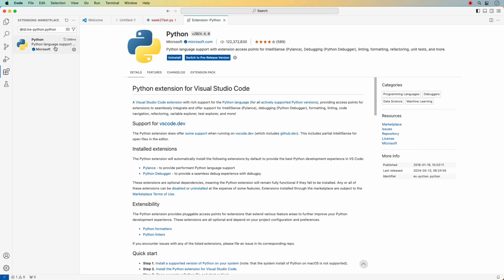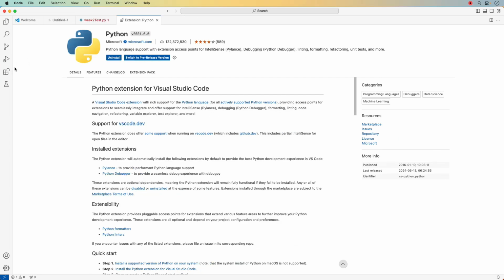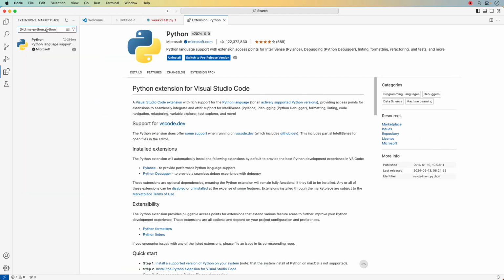So now it's been installed, and you can uninstall it if you want. That's just an easy button. If you want to look at more extensions, you can click on the extensions tab. Right now it's only showing me this one. So if I erase it, or actually if I just clear it, then it's going to